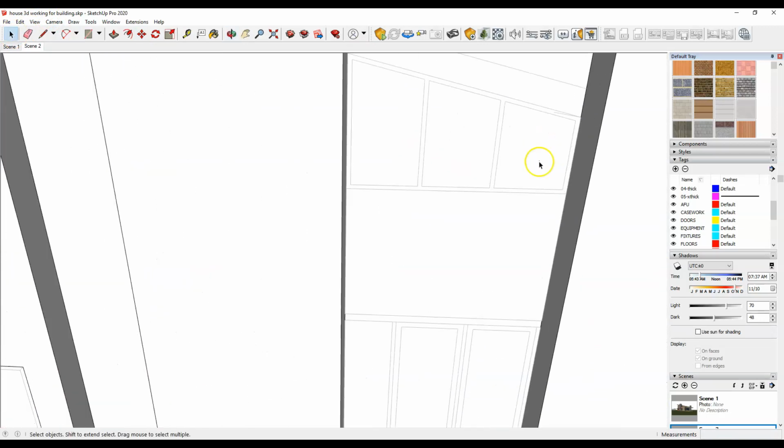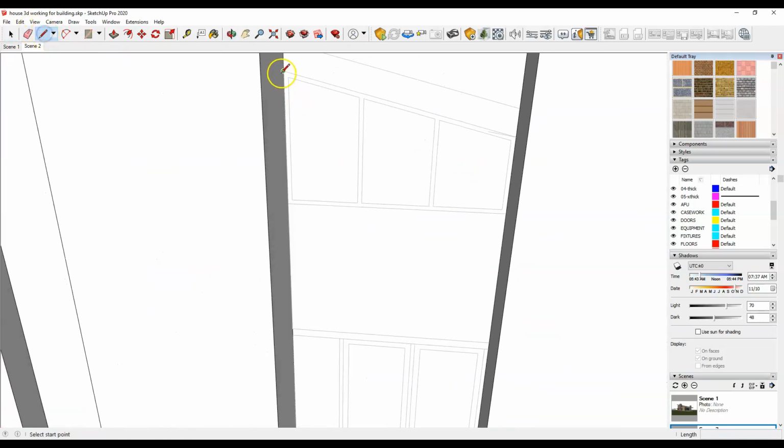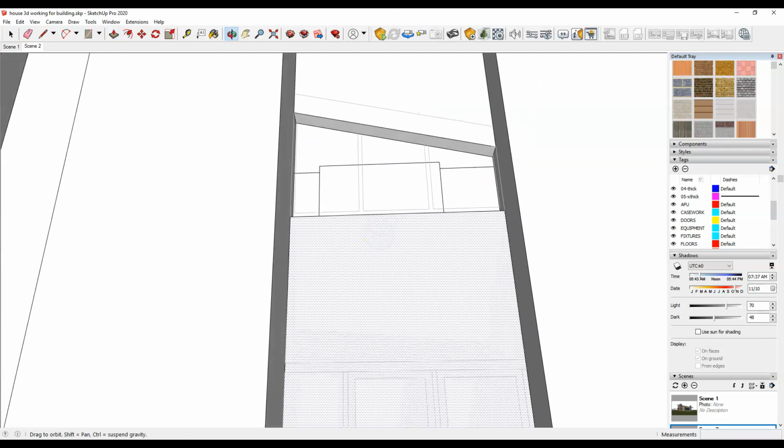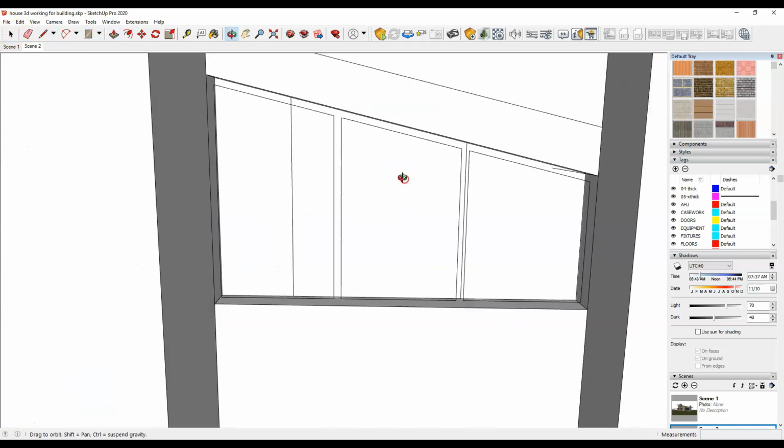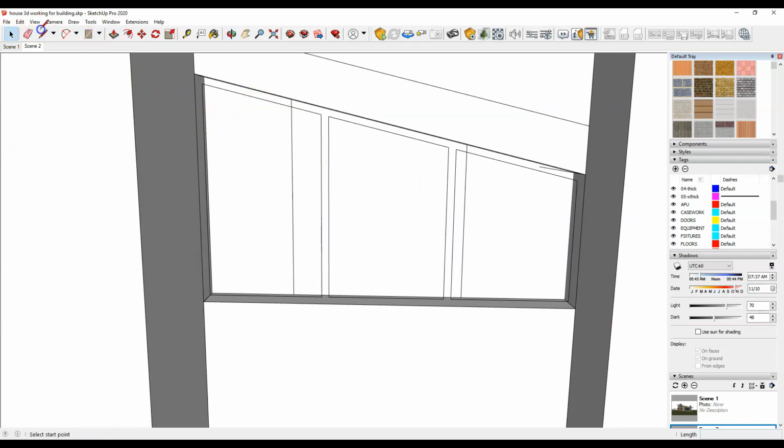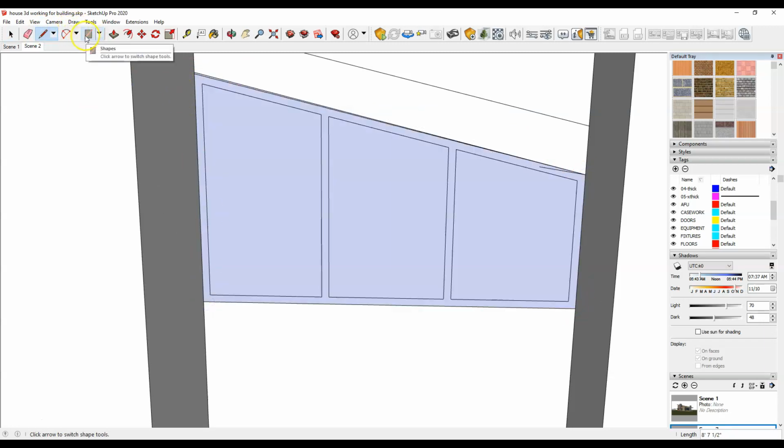I can double click in here and draw the outline, and this isn't a rectangle, so I can't use the rectangle tool on it. But I can draw all the way around. Oops, because I got stopped, it's sometimes hard to see what lines I may or may not have hit. I think there we go. I can push the hole in so you can see I've got the hole there. I can come out, and then I could redraw the window. I think an easier way, I don't know why I didn't draw this here, and then